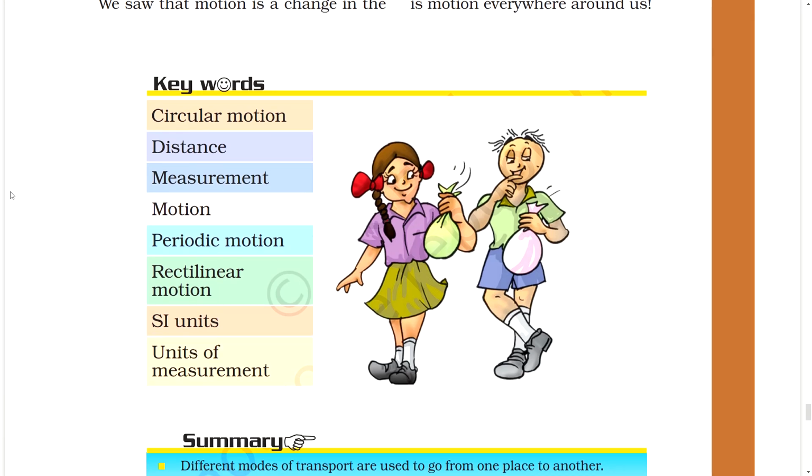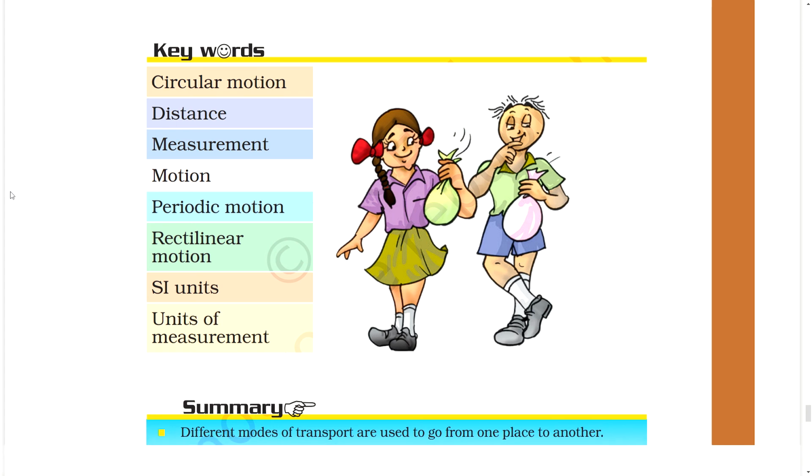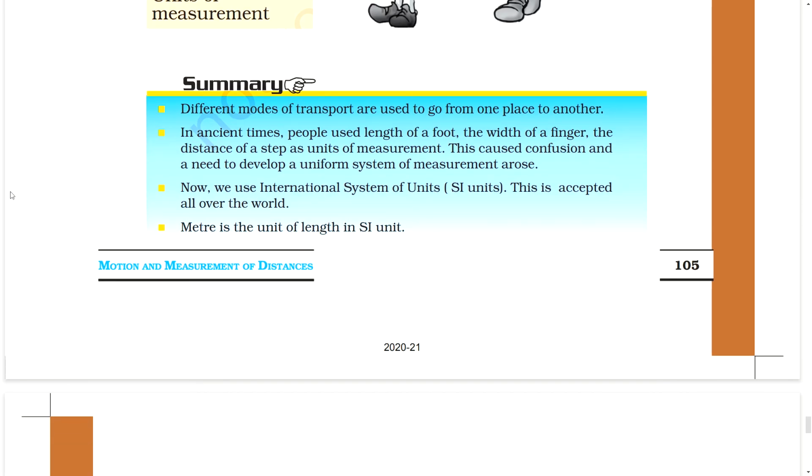Keywords: circular motion, distance, measurement, motion, periodic motion, rectilinear motion, SI units, units of measurement. Summary: